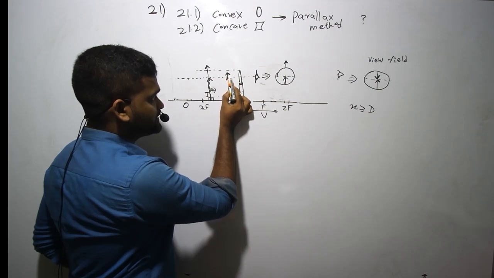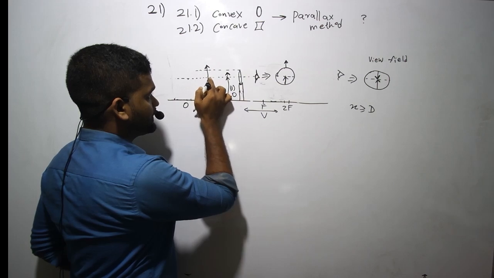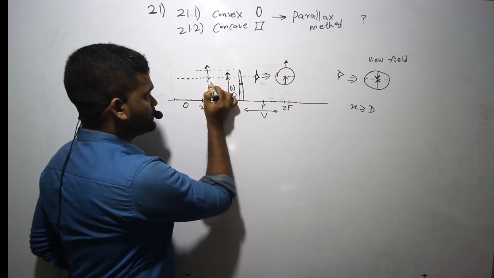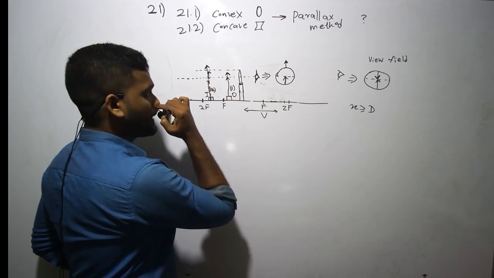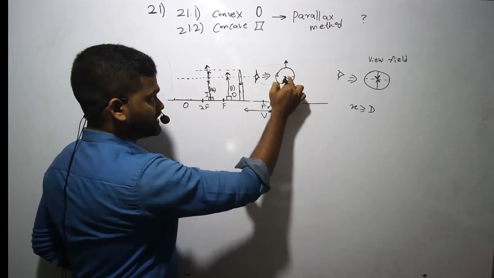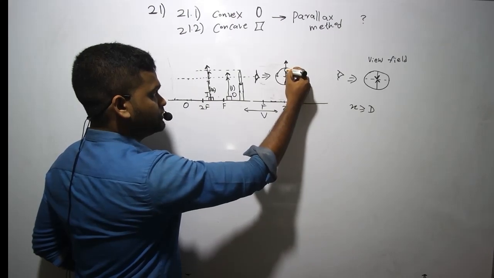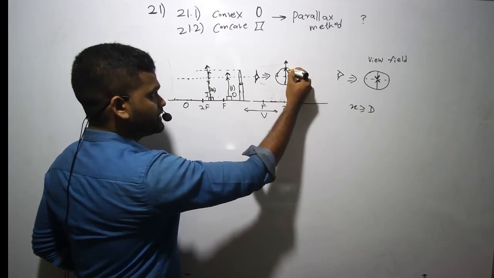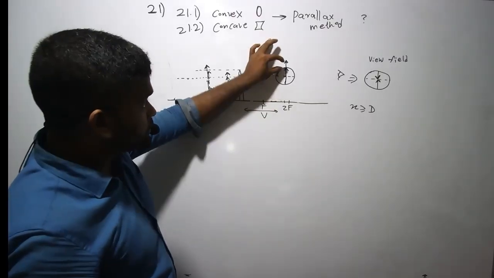You need to increase the height of the object. So the height of this image also increases like this. So what you see is the image actually. So the height of the image goes till the tip of the image meets here, right? So now they are